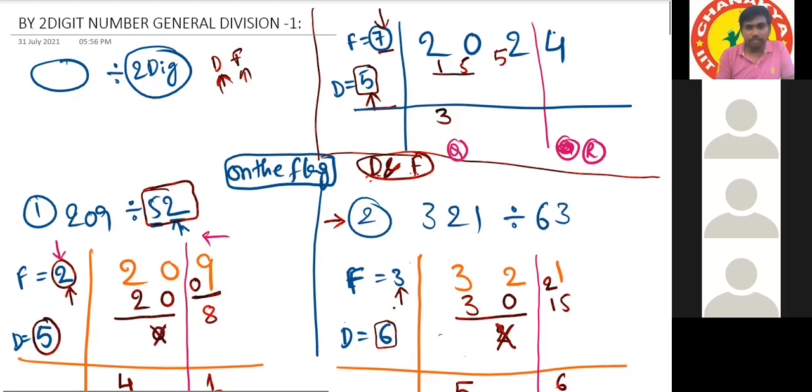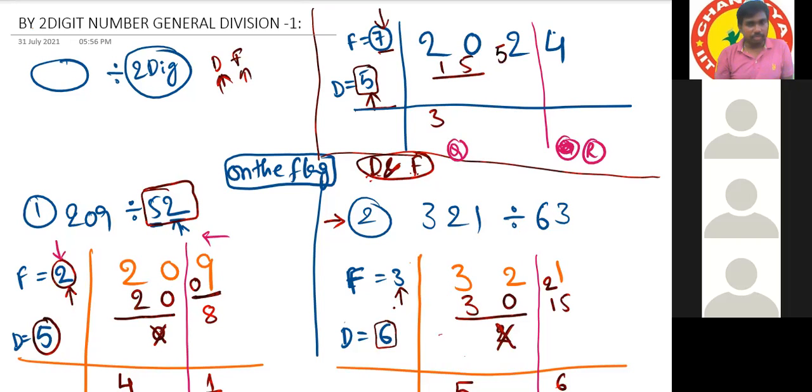Okay, I'll start from the beginning. As we know already, we cannot take 5 times, and we cannot take 4 times. Directly, I'm going to 3 times only. 5 3s are 15. 20 minus 15 is how much? 5. Now the number becomes 52.